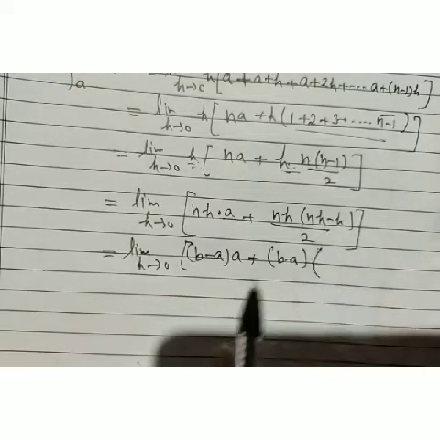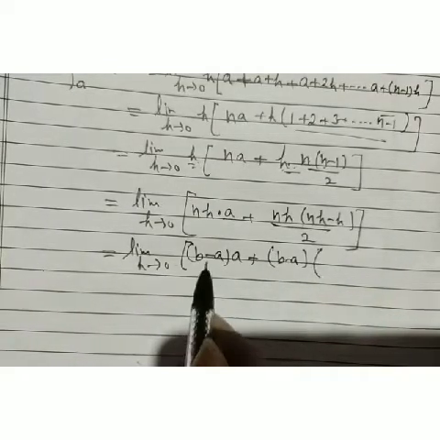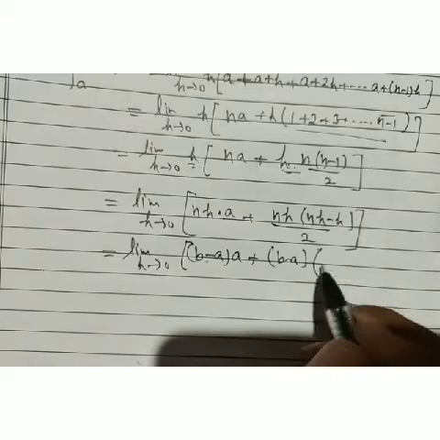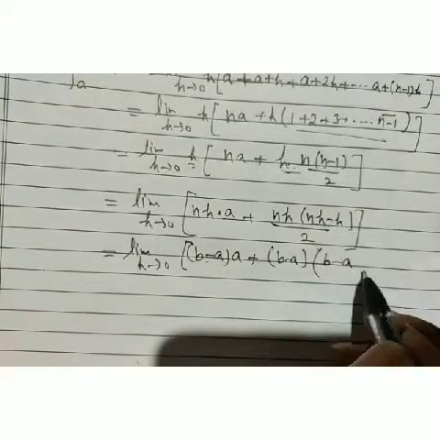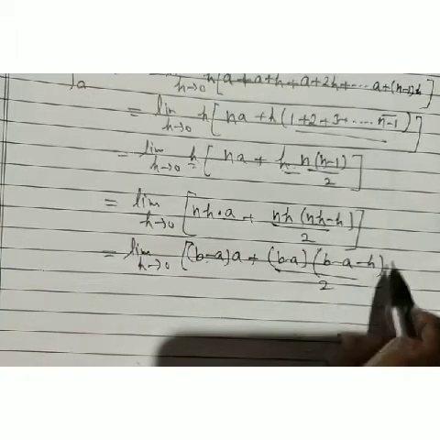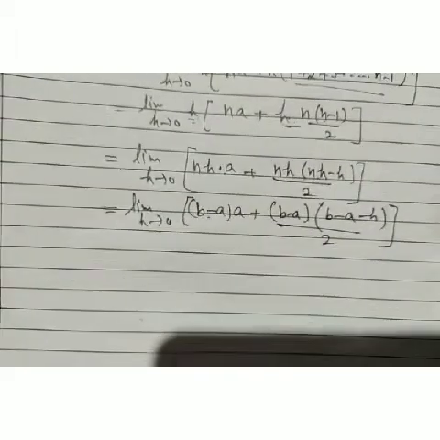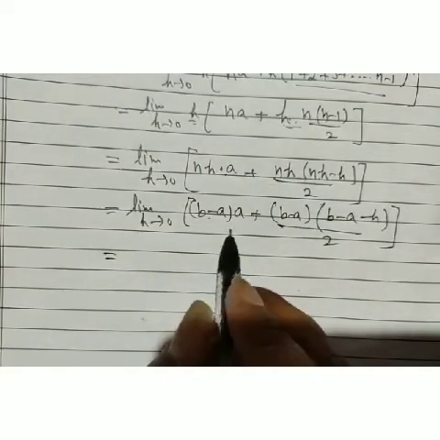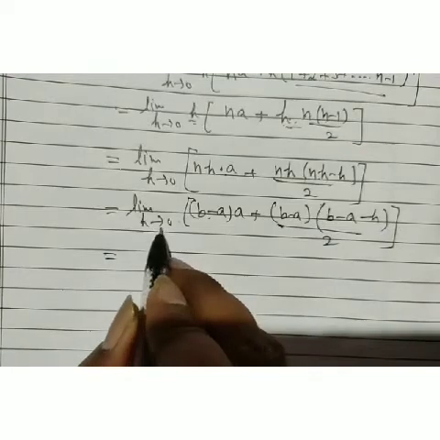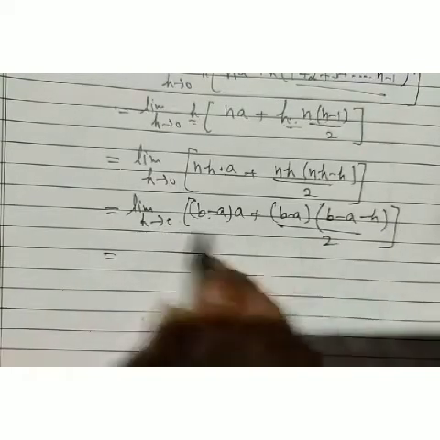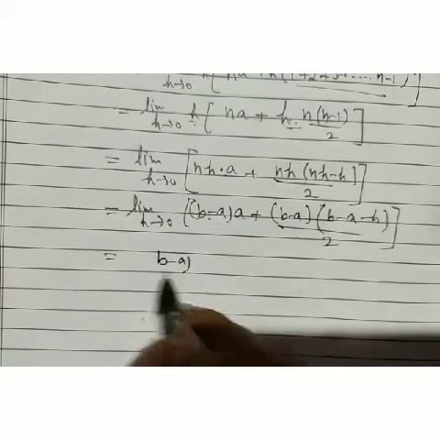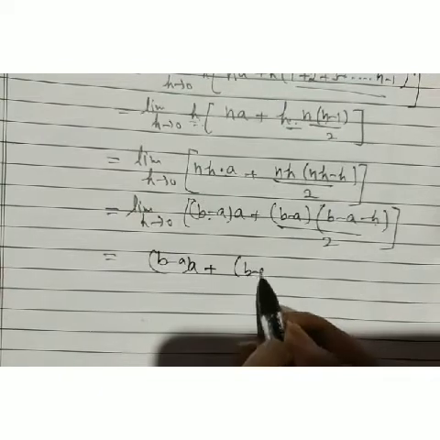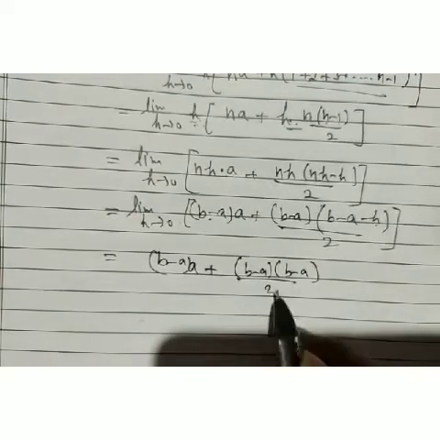the values we have actually put here, b minus a into a. Then we have put our b minus a here, then we have b minus a, nh is b minus a, minus h divided by 2. Now we are going to solve it. Then what we have after solution there, when we put our h as 0, now we are putting h tends to 0. Then what we have b minus a into a. Here put h is 0 there. Then we have b minus a into b minus a by 2.